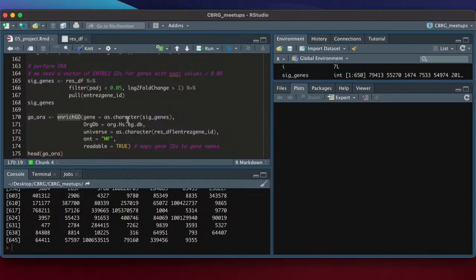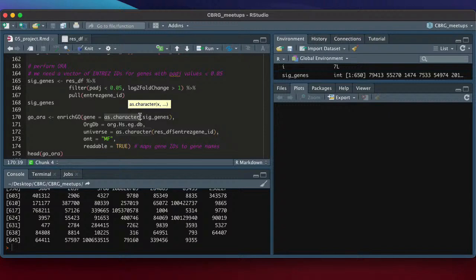It's important here, and sadly I worked this out through trial and error, you need to convert it to a character. And this is one of those annoying things in programming in general. A lot of these functions require data of a certain type or in a certain format, and so you need to be accommodating, or you need to adjust your input so that it matches their requirements.